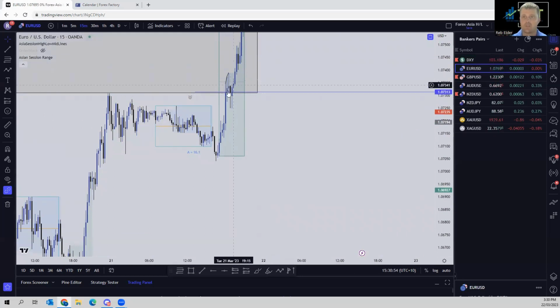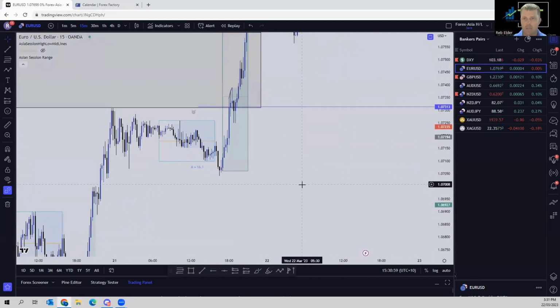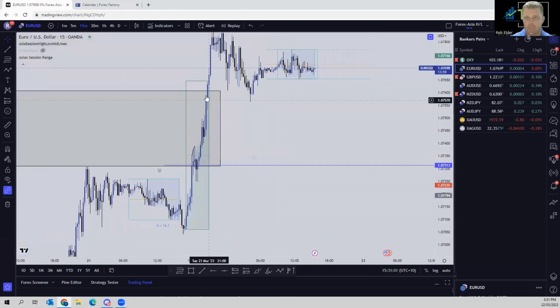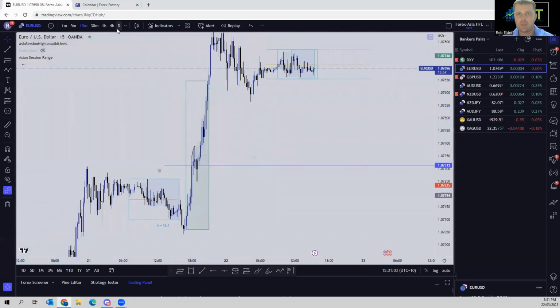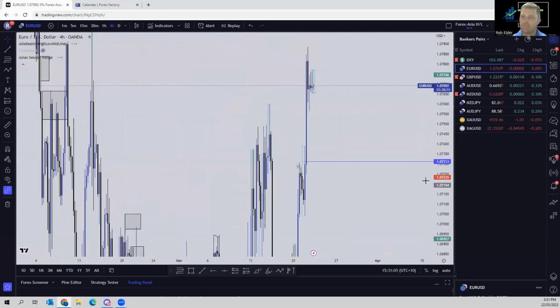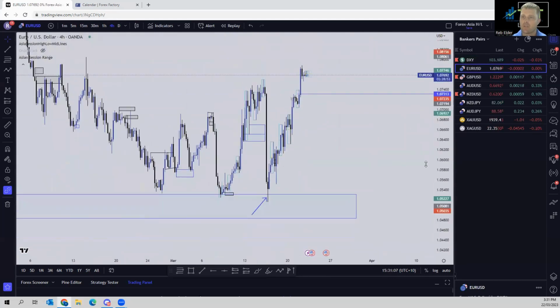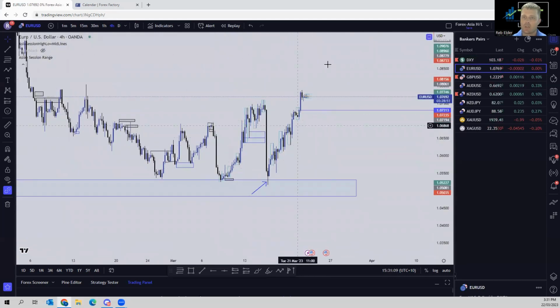Then obviously got a short-term sell, and then continued buying. So got caught out there, but obviously come up, broke this structure. Now, if we look at the higher time frame, we are obviously definitely bullish at the moment, creating highs and